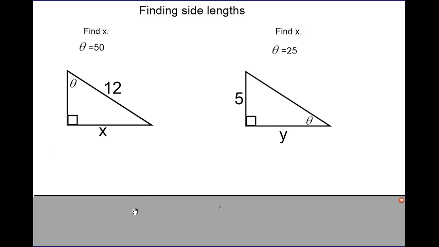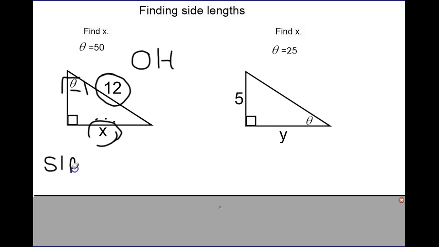For the last example, we're going to take a look at how to find missing side lengths. And so in this problem, we want to find the value of x here, which is actually going to be the opposite side of my right triangle. Notice that we know the hypotenuse side of my triangle is 12. So since I want to find opposite, and since I know hypotenuse, this looks like we want to use the sine ratio. And since we know theta is 50, we're going to write this down as sine of 50, and then we're going to set it equal to its opposite side, which we call x, divided by its hypotenuse side,